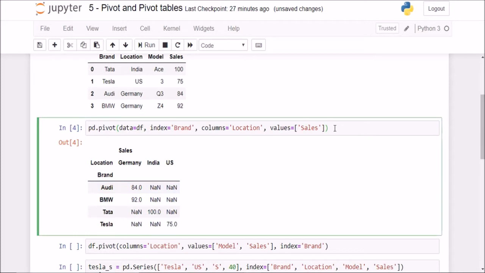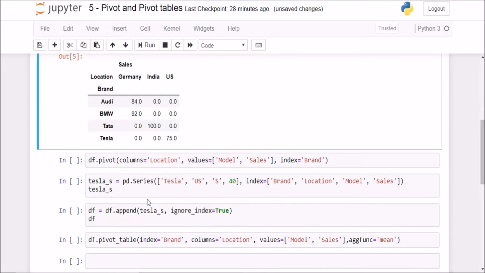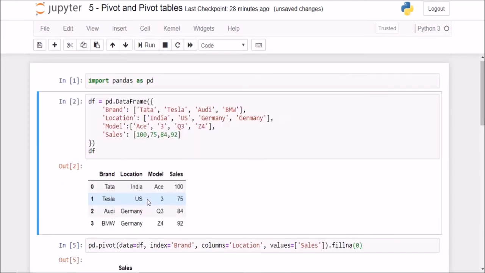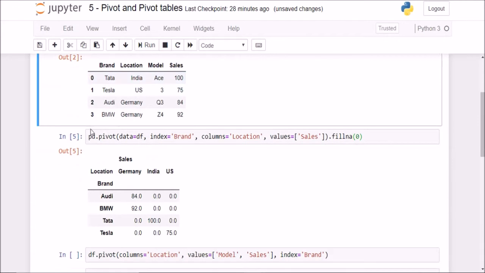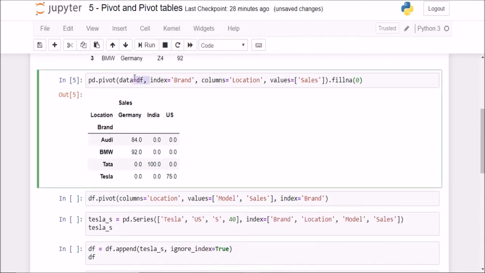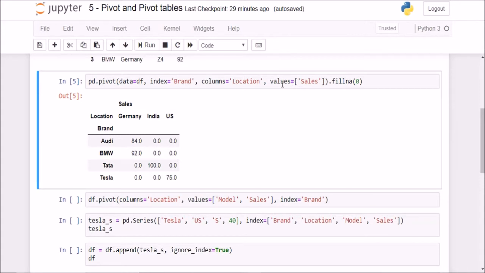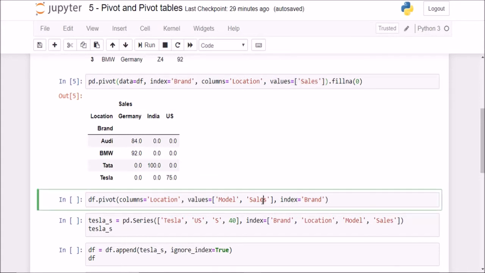So to make it more readable, we can pass in an argument of fillna, and we can specify the value that we want to replace those NaN values with. So I'll say fillna 0, and all those NaN values will be replaced with zeros. Now, as I told you, instead of calling pd.pivot and including this argument of data equal to df, here I passed in only values equal to sales, but now I'll pass in a list of all the columns that I want as my values. It will be much more clear when I execute this code.